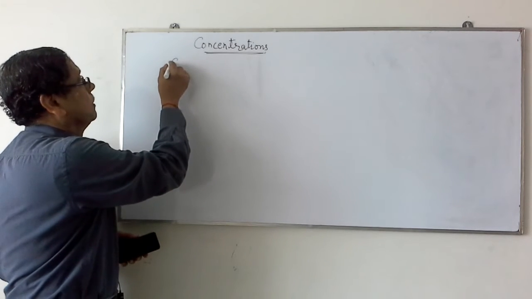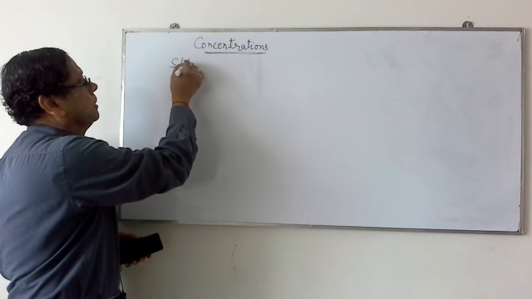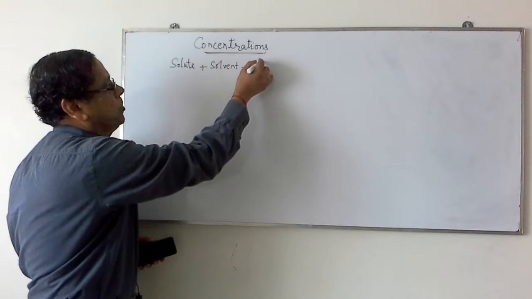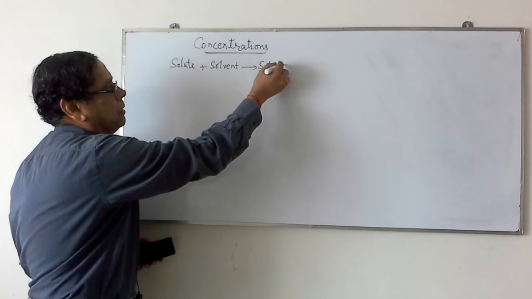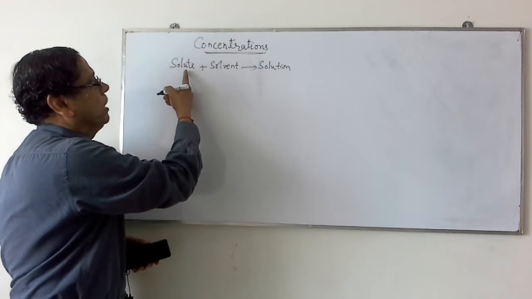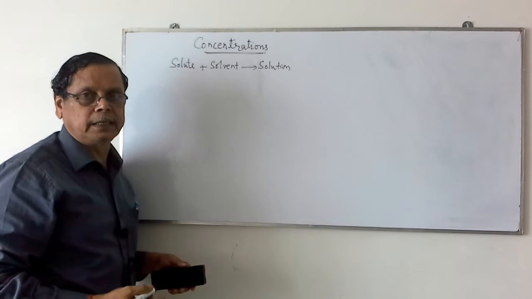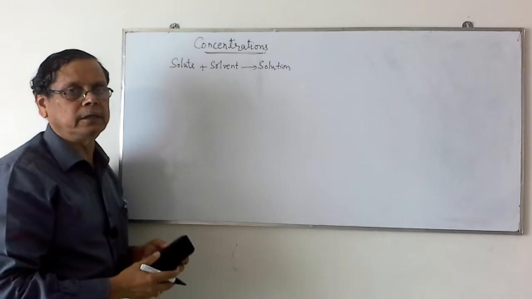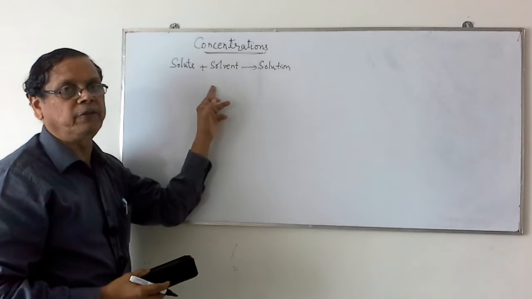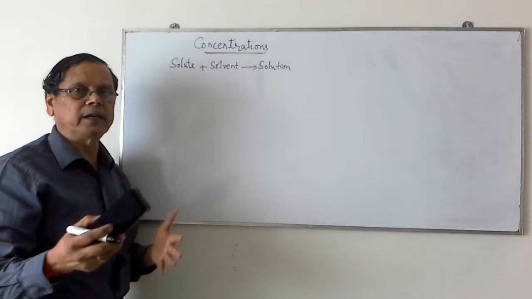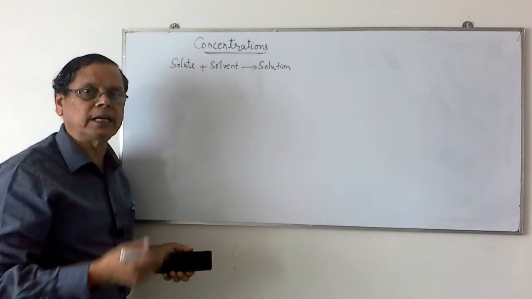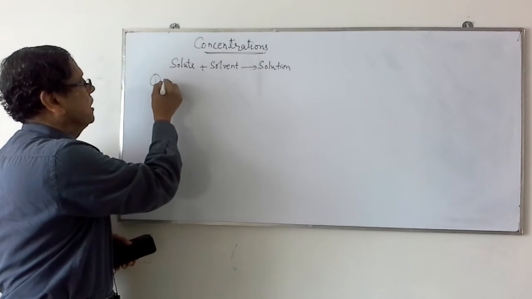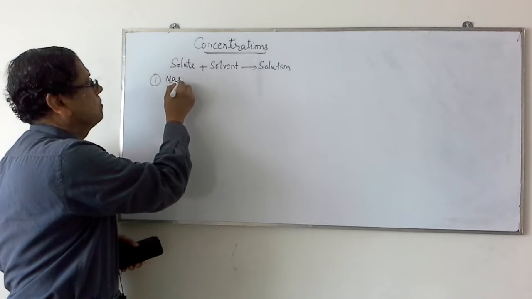So first let us see, when a solute is dissolved in a solvent, if a homogeneous mixture is produced, it is called a solution. When only one solute and one solvent is present, it is called a binary solution. So in a binary solution, the concentration is usually applicable for the solute. There are different types of concentrations we use in chemistry as well as in our daily life. So let us first see concentration expressed in terms of mass percent.